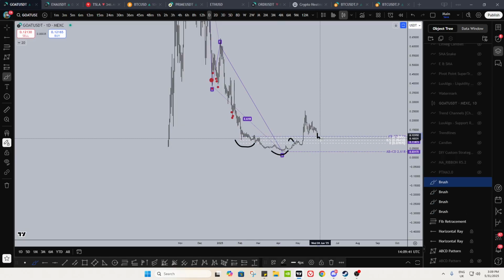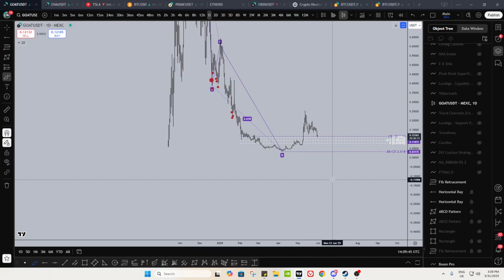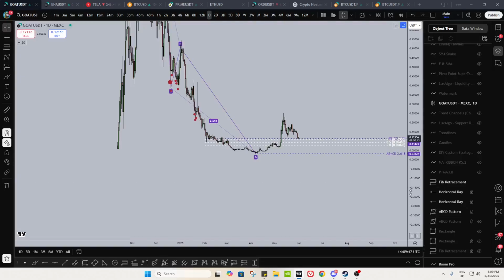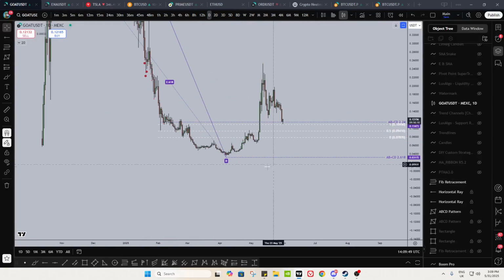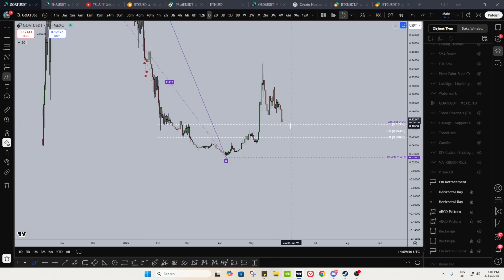Radon liquidity. So if we can reconfirm this as support, then you have a cumulative structure here on Goat. Trend has shifted, right? The last lower high that led to the lower low, so on and so forth, has been taken out. So up to the mid of this, that'd be, if you get 0.0941, that'd be a nice entry. If you're going to leverage trade, or if you want a tight stop loss trade, do it level by level,